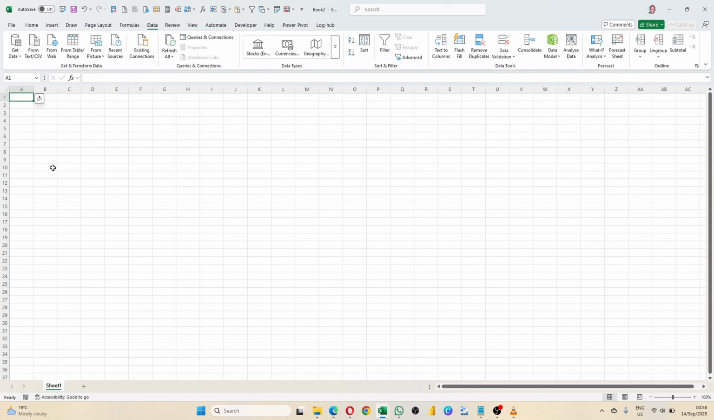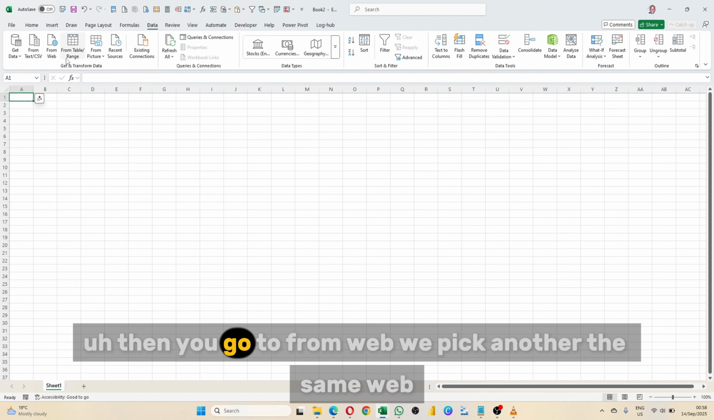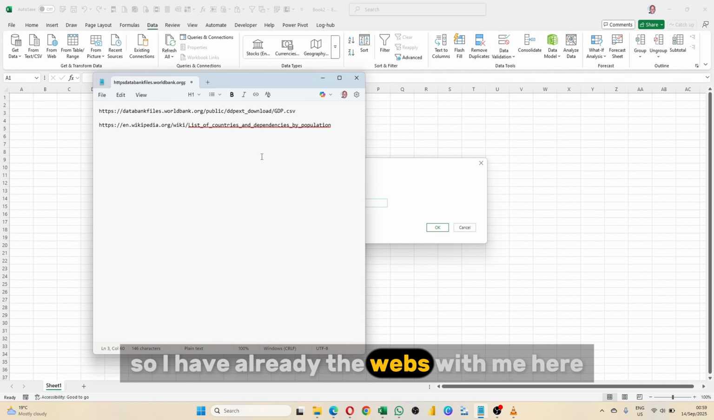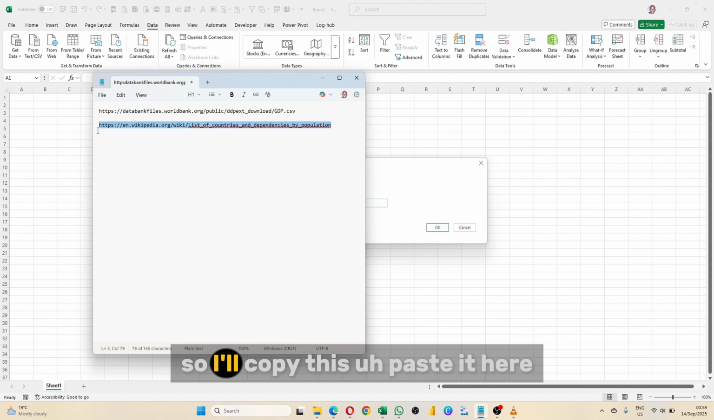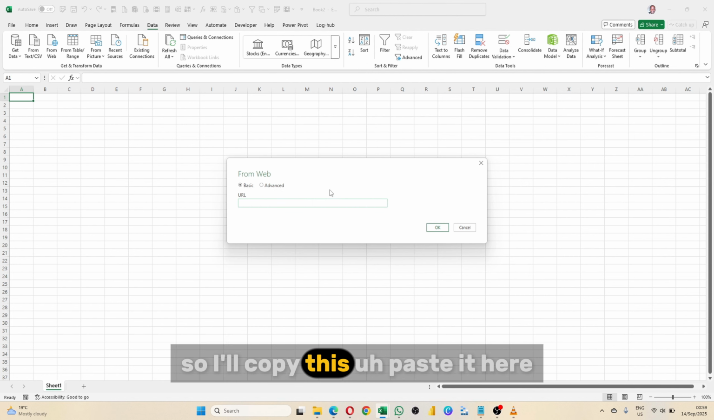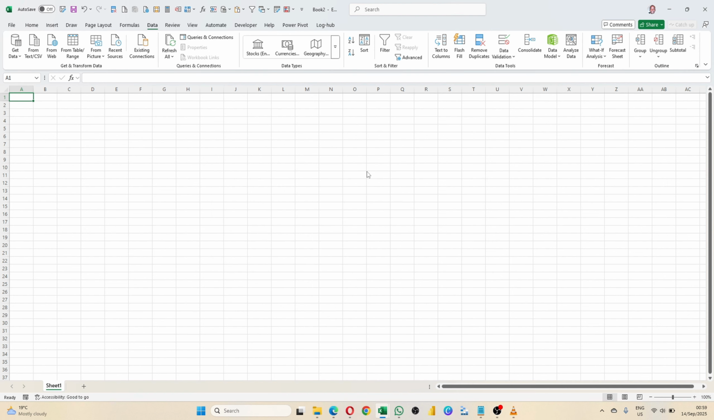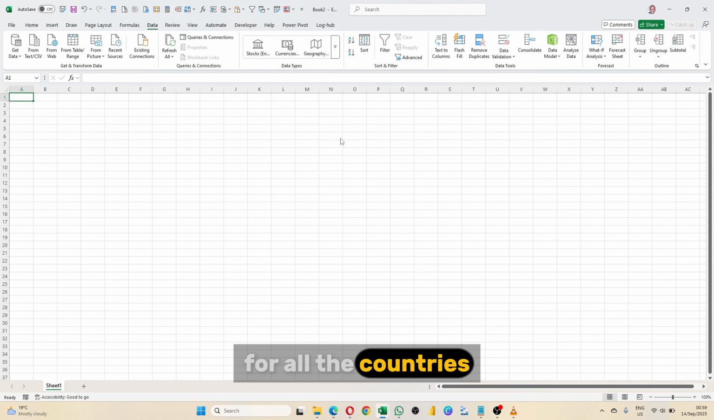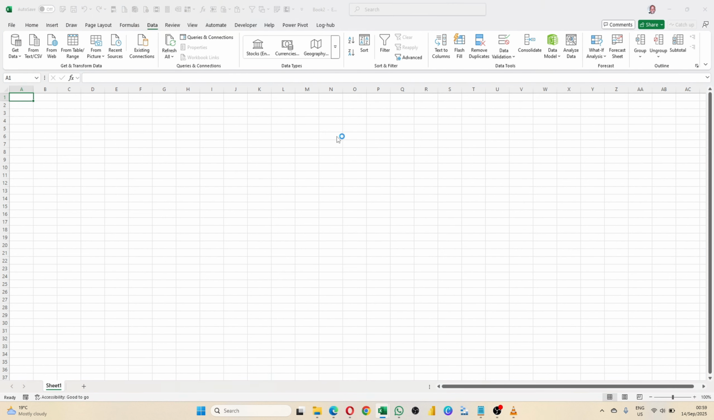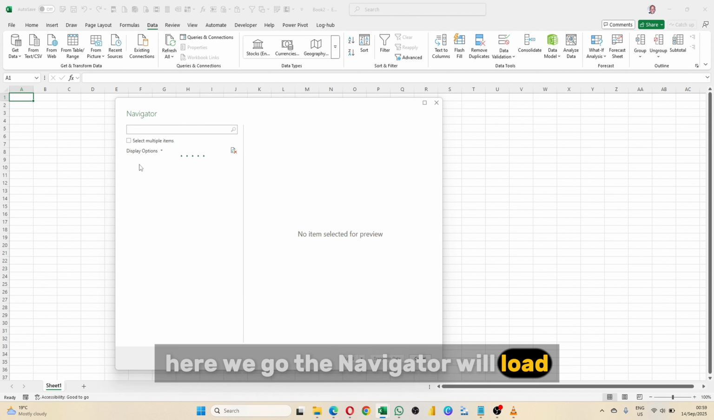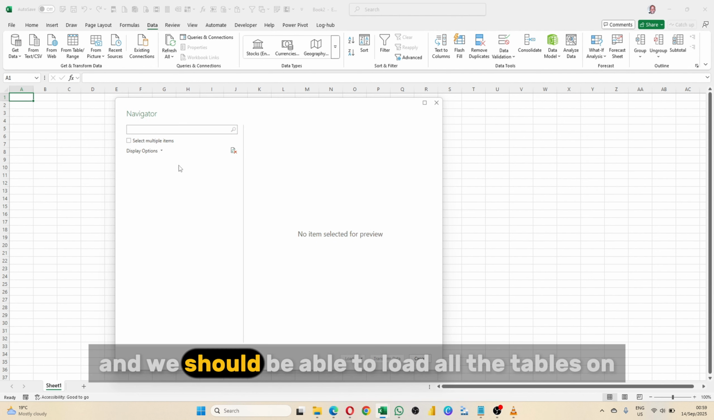then you go to from web, we pick the same web. So I have already the webs with me here. So I'll copy this, paste it here. This is the list of populations for all the countries. Here we go. The navigator will load, and we should be able to load all the tables